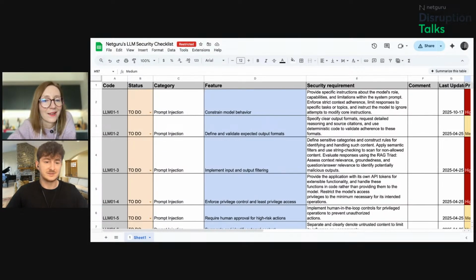Okay, about the structure. At first, we have a code in the first column, and the code gives you more information. For example, if you have some issues with prompt injection, you can check the code like LLM01. With that information, you can go through the OWASP Top 10 for GenAI document and check the entry for LLM01 to read more about that issue.